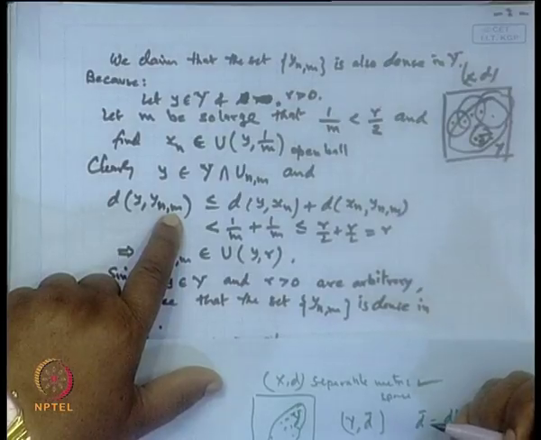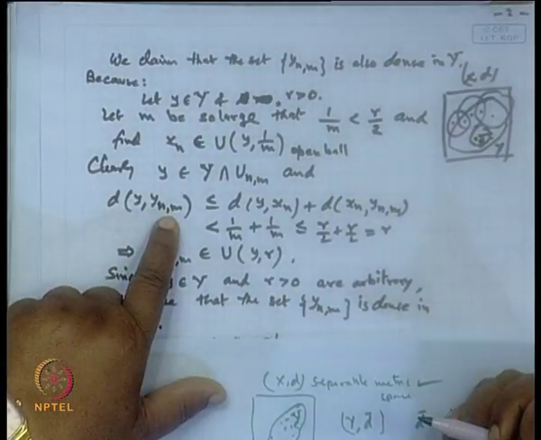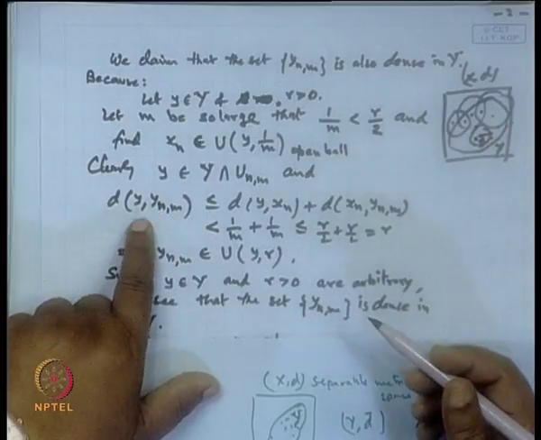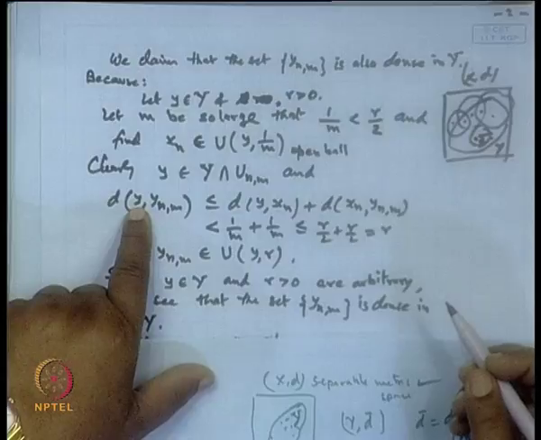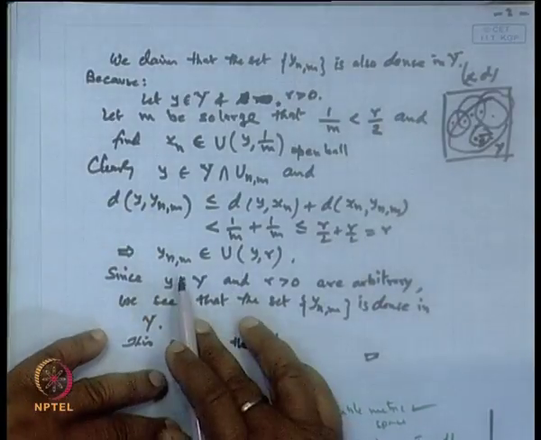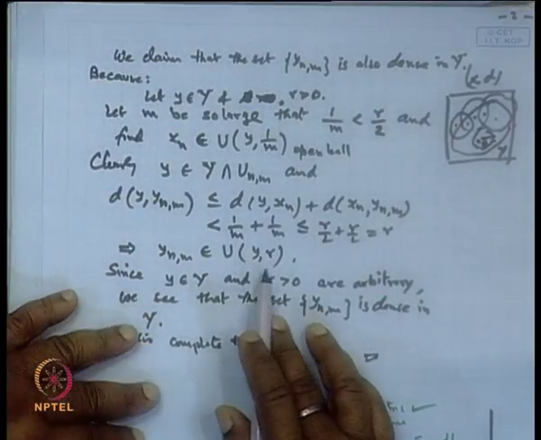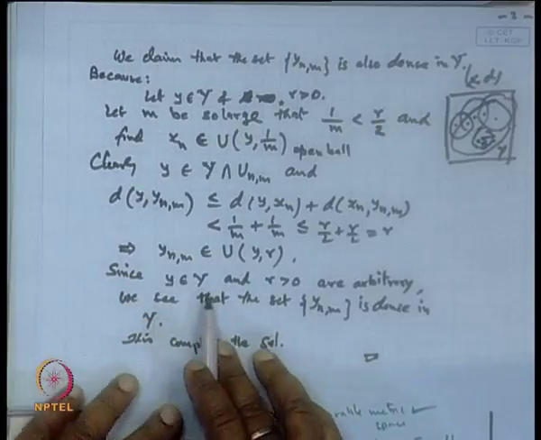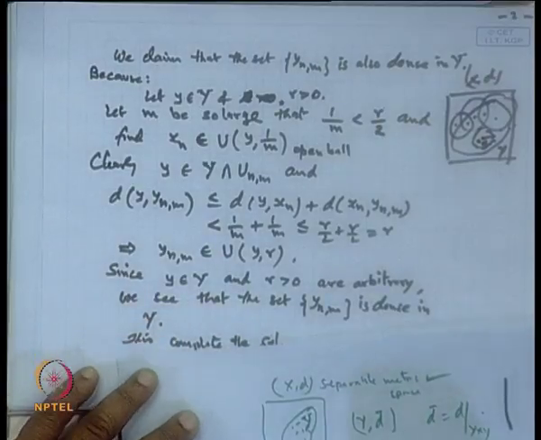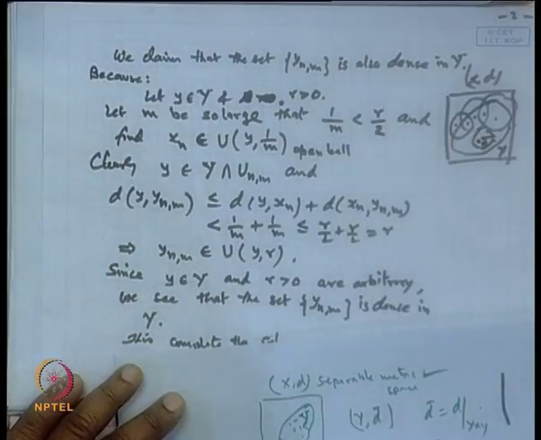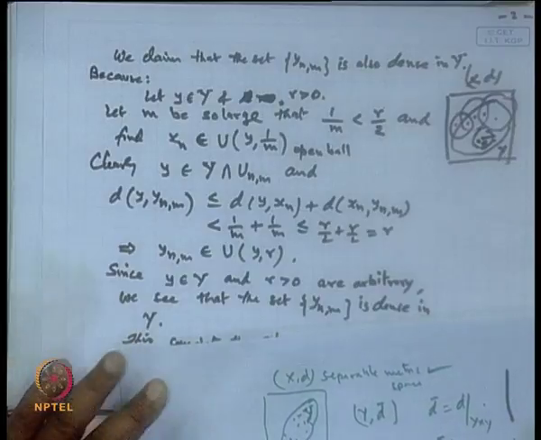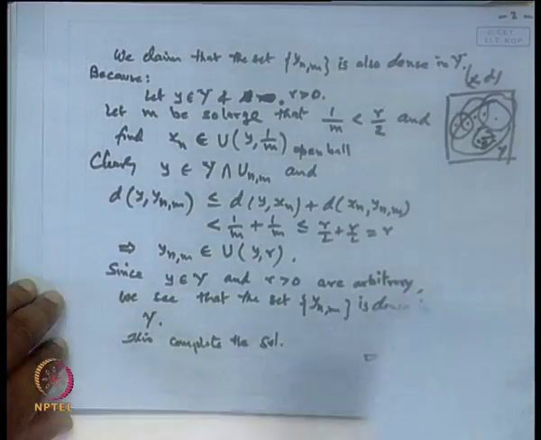Or you can say otherwise, if you take y_1, y_2, y_n, draw the ball, you can get a point, an arbitrary point y, and this is arbitrary. Therefore, y_nm belongs to this ball centered at y with radius r, hence this will be dense. So, any subspace of a separable metric space is also separable under the induced metric. Clear? I think it's clear.